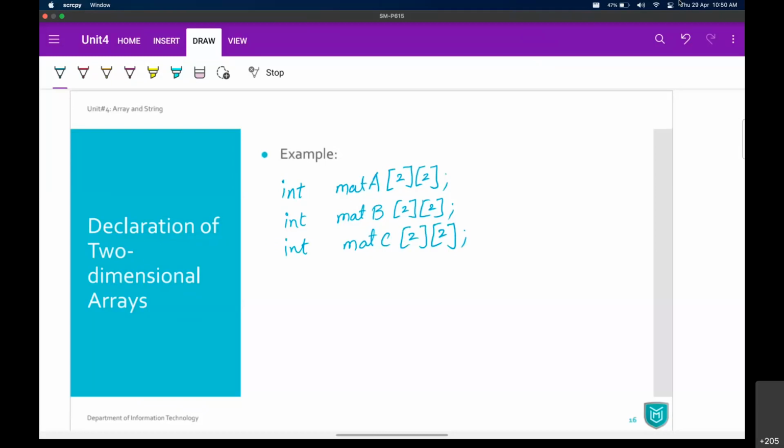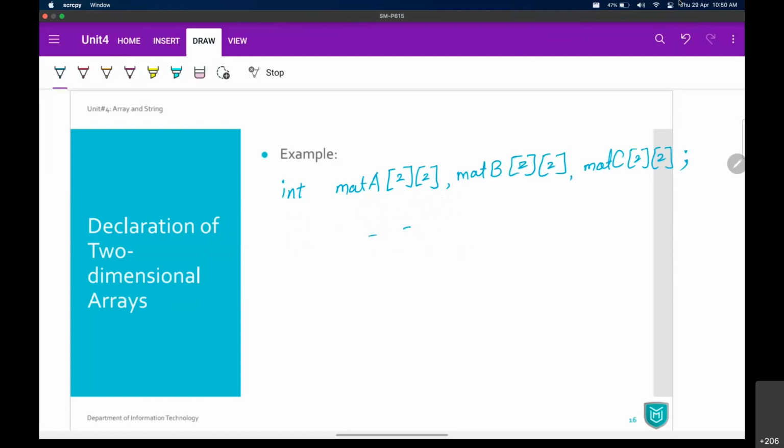If you want to do all this in one line, then instead of semicolon, you can have a simple comma, matrix B, 2 cross 2, then matrix C, 2 cross 2, and then semicolons. In your program, you can have everything in a single line because that is just a declaration. Okay, so this is how you can declare your two-dimensional arrays.